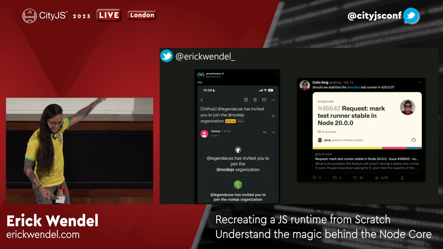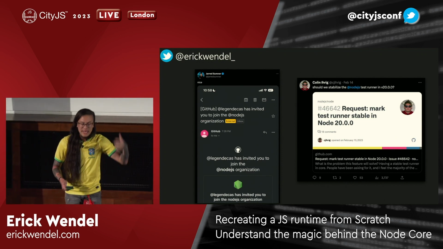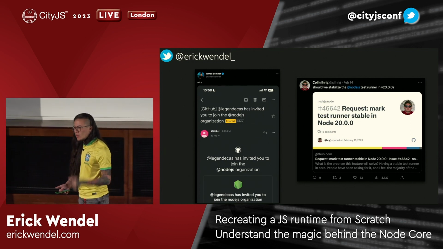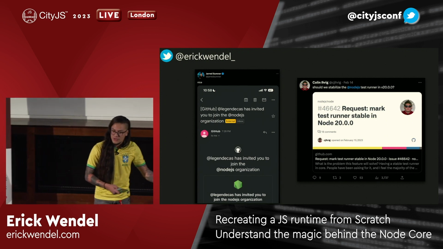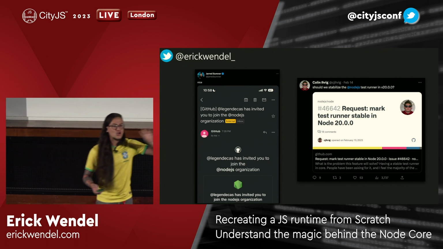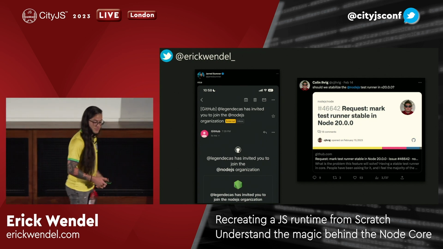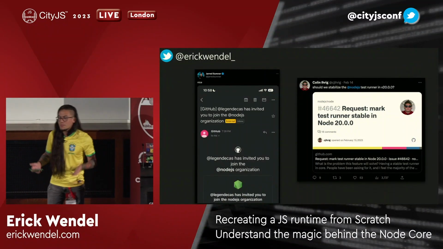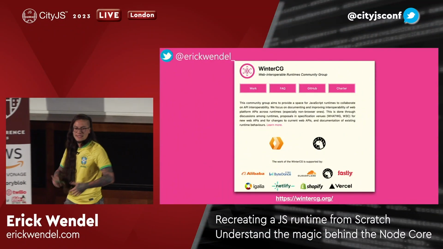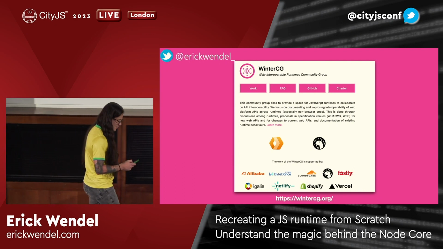So see, Jared just joined the Node.js organization to collaborate with some ideas that he had on Bun. And Colin has been working with Node.js for a while. And then he joined Deno to collaborate and still has been collaborating to Node.js. So you get good ideas from one side and put in another. So this is magnificent, right? You can see how our ecosystem is evolving because of these new tools. And because of this, we have a working group that is made to collaborate, right? To share all this with all the runtimes.